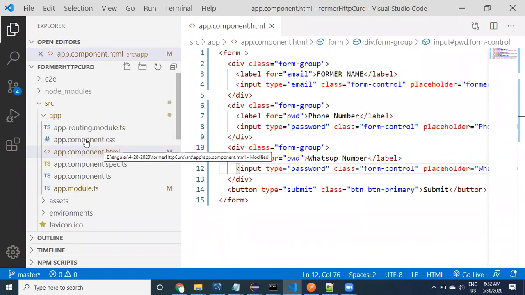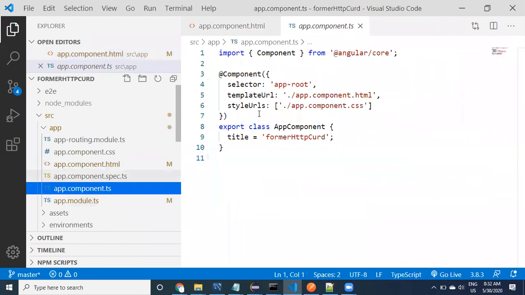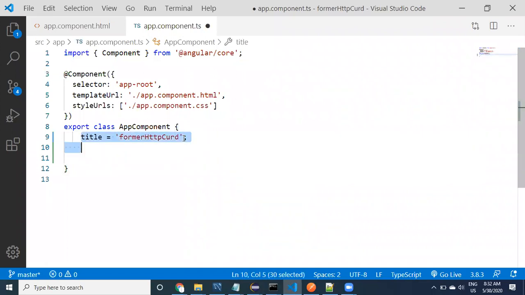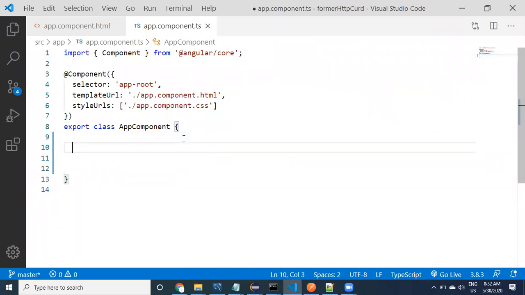To implement reactive forms, let us go to the app component class. Here I want to create a form group.